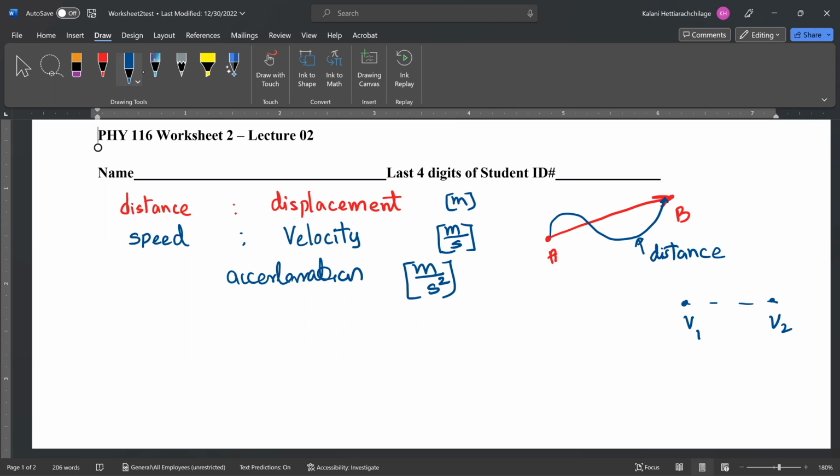So if you are walking like this, and this is the time you need to walk, maybe 1 second, after 1 second at this point the velocity we call instantaneous velocity. At that point, the acceleration we call instantaneous acceleration. That's the difference between average and instantaneous,